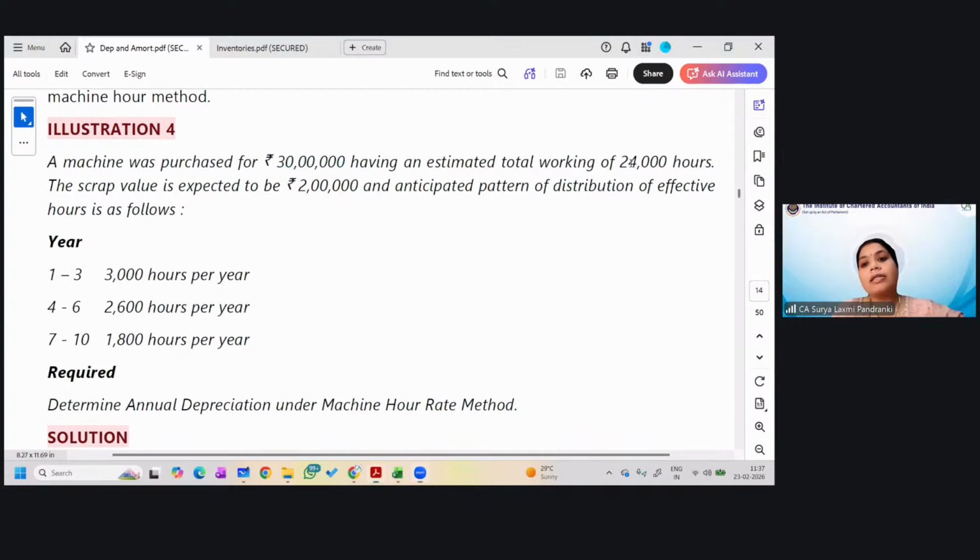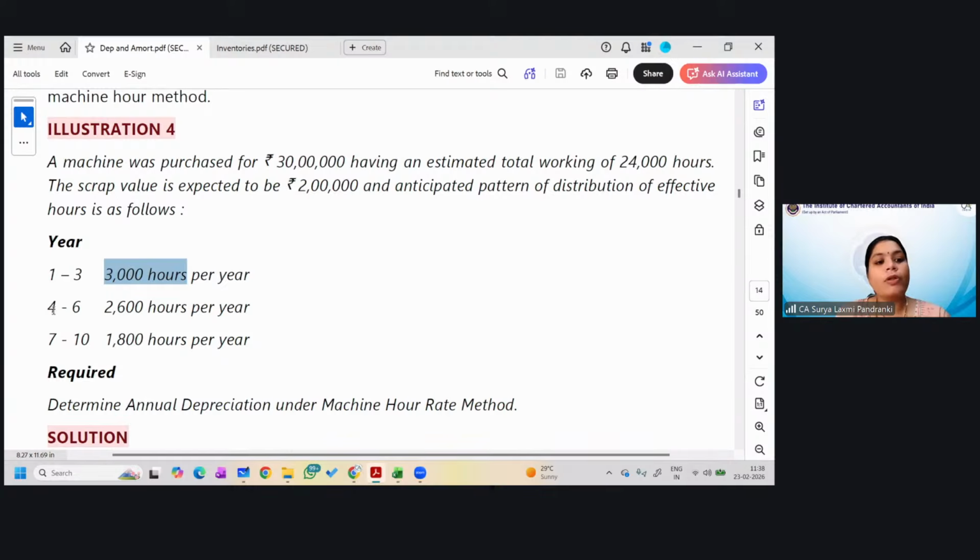So here, how many hours is expected? This machinery can be used for 24,000 hours. Okay. And the scrap value is expected to be how much? 2 lakhs. And the anticipated pattern distribution of effective hours is as follows, which means in the first year, second year, and third year, I will use 3,000 hours per year. First year I'll use 3,000, second year 3,000, and third year 3,000 hours,